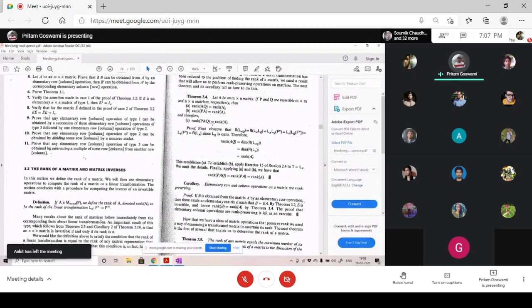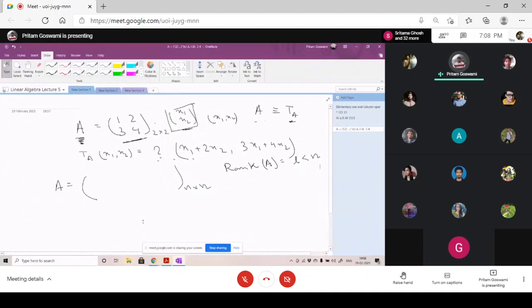Now, I told you that row and column operations preserve rank. What are row and column operations? They are basically multiplying the initial matrix A with a matrix E. If it is a row operation, you multiply from the left, and if it is a column operation, you multiply from the right, say with F. Now you can easily check that these matrices are always invertible. So the rank of the matrix we get after row and column operations is nothing but the rank of the initial given matrix, because these two are invertible.